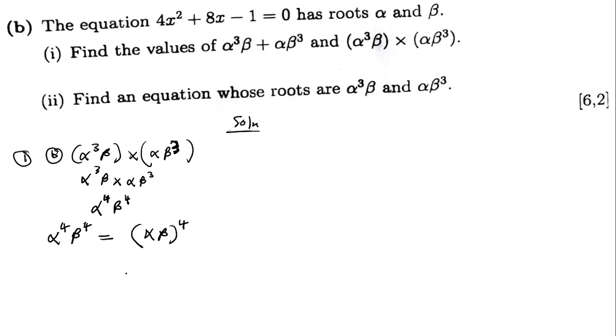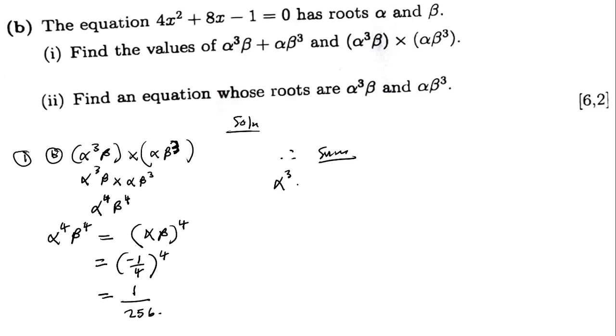So from there, we are going to put negative 1/4 down on where alpha beta is to the power 4. And then if you say negative 1/4 to the power 4, the answer will simply be 1/256. So you can now conclude, therefore, the sum, which is this one, alpha cubed beta plus alpha beta cubed,